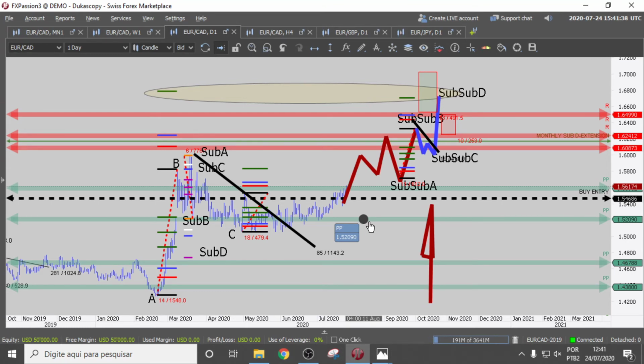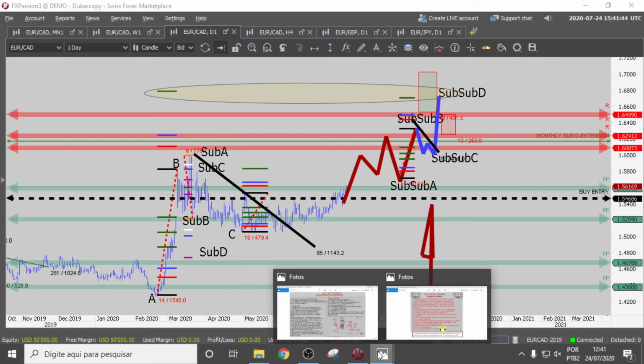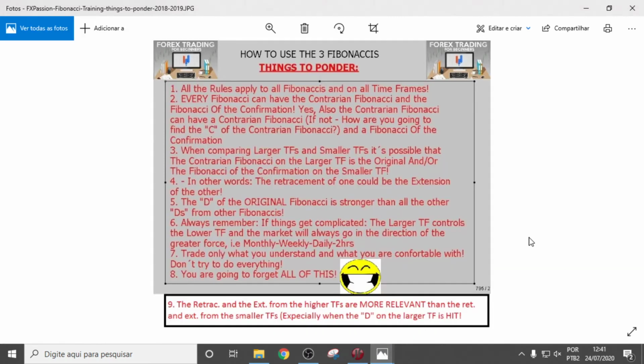You know, what can I trade? Extension, retracement, with the contrarian. If it's too much for you, everybody, trade only what you understand and what you are comfortable with. And number 8, you are going to forget all of this. And number 9,